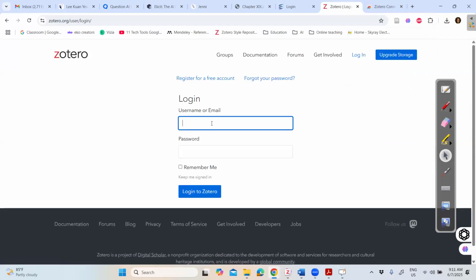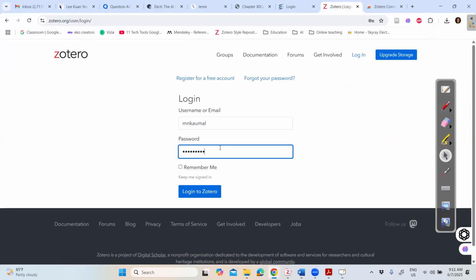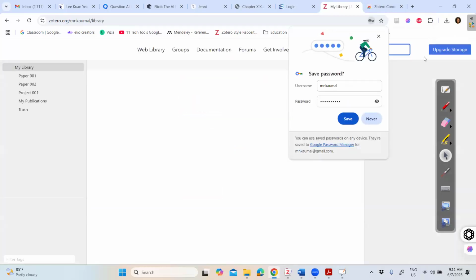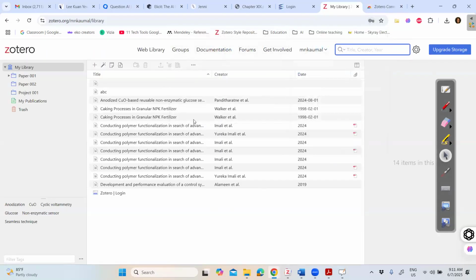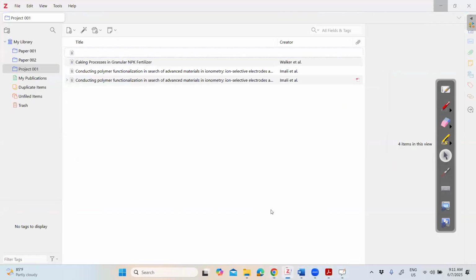So I'm going to type my username and I'm going to type the password, log into Zotero. As soon as I logged in, it shows the online version and all the references are given here. So it's there. So online version and the desktop version